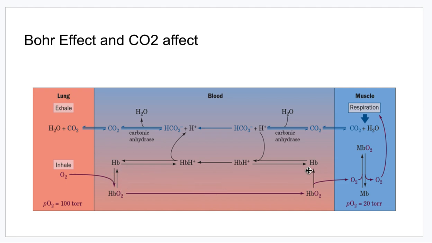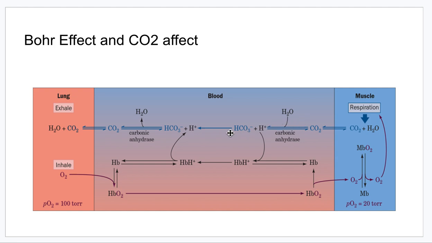And you can see it is transported to the muscles, where it then takes on a CO2. And now that you have CO2 coming back through the bloodstream as it makes its way back to the lung to be exhaled, a carbonic acid is formed at this point,